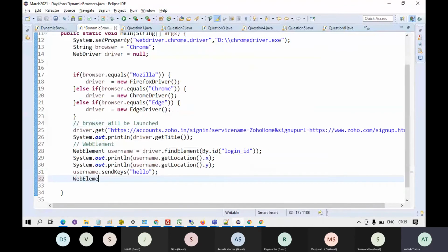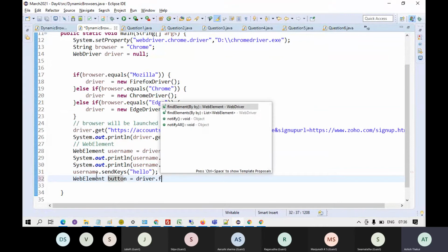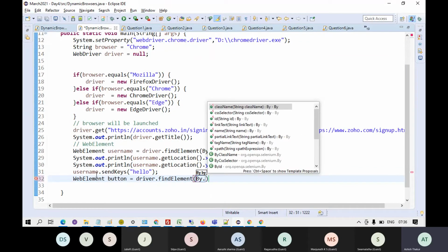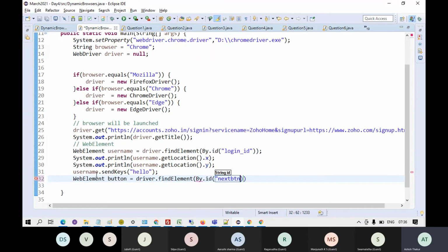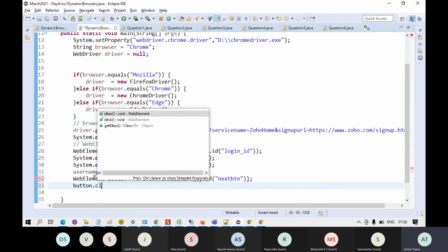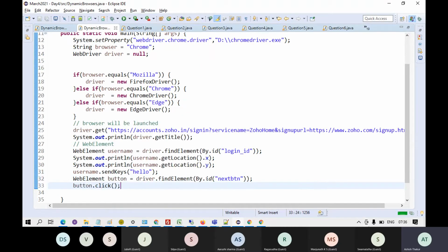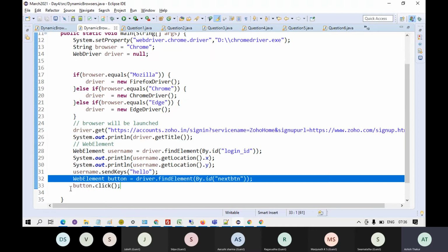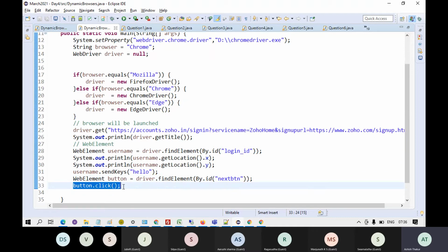I write over here WebElement button equals driver dot find element by the ID this, and then I can write button dot click. But generally, I'm using two lines here. First line is identifying the element, second line is interacting with the element.